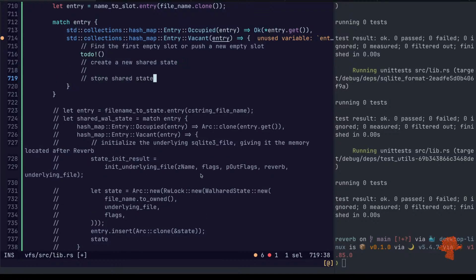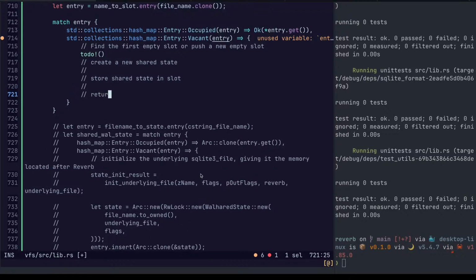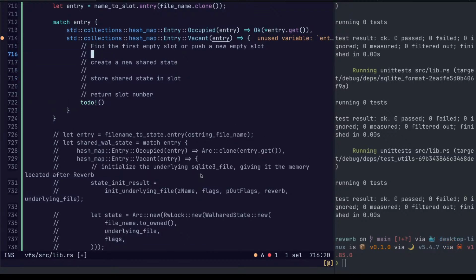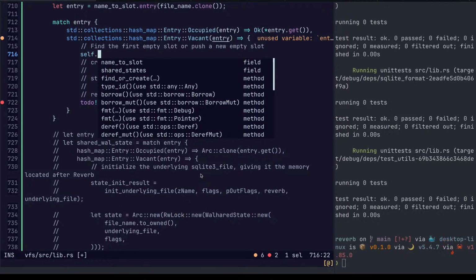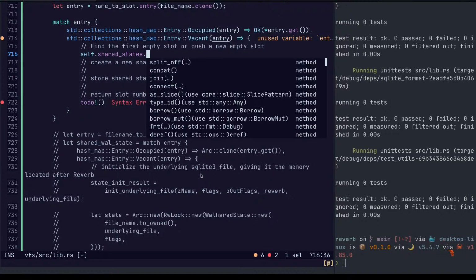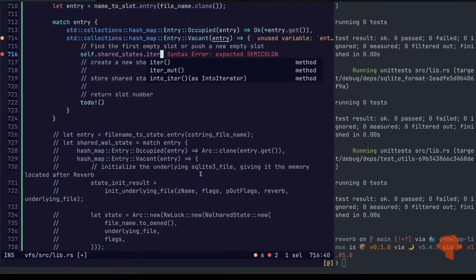Store shared state in slot. Return slot. Okay. So first, self dot shared states dot iter.